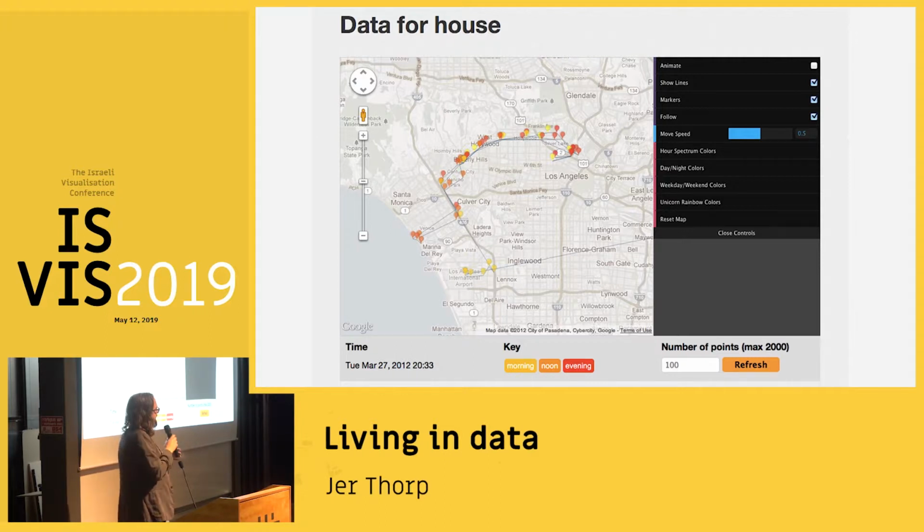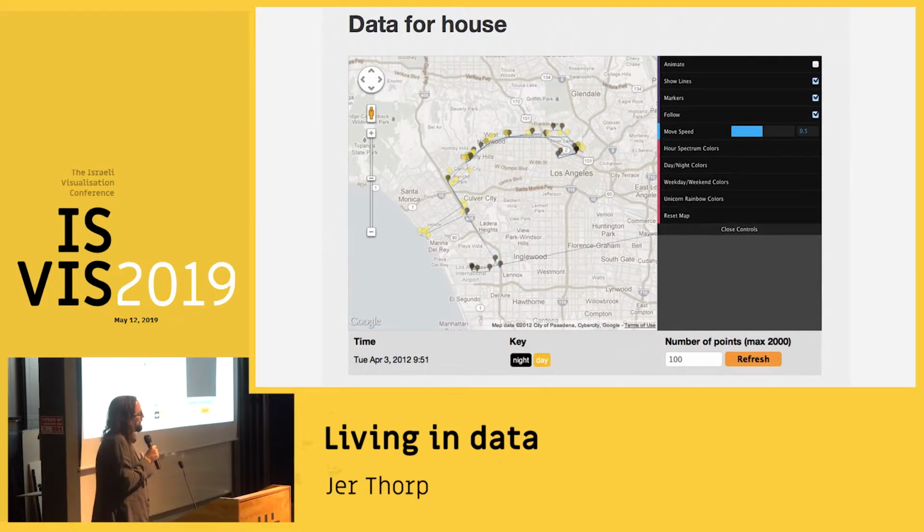And I was skeptical when we were building it, because I was like, this is just me. Like, I know everything I did. I don't need to see it again. But there's something really rewarding about walking through these really, really detailed playbacks of your life. You get to see things that maybe you knew, but maybe you'd forgotten. You get to see patterns that exist that maybe you weren't already familiar with.